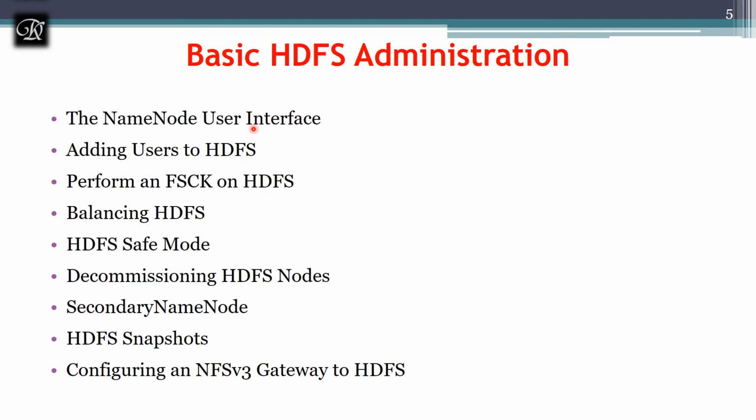The next one is adding a user to HDFS. A new user, how to add it to HDFS. Adding a user, first we have to create a user and add them to a group. For that we are going to use the command useradd, without a space, useradd -G, and we have to give a group name and a username, to which group they are going to belong.